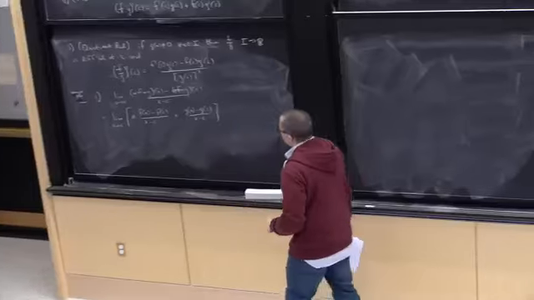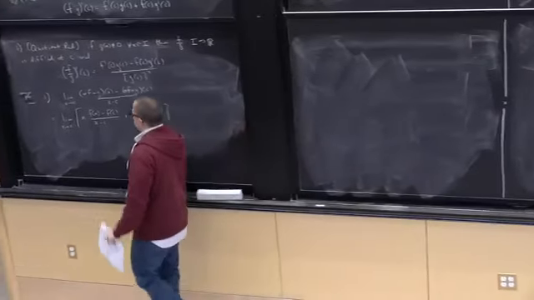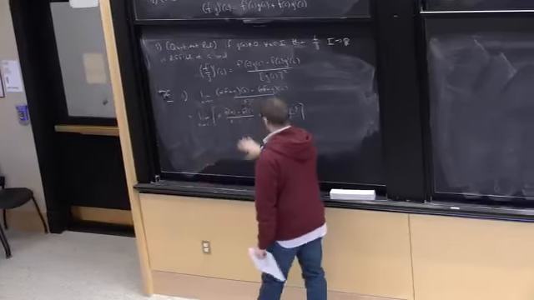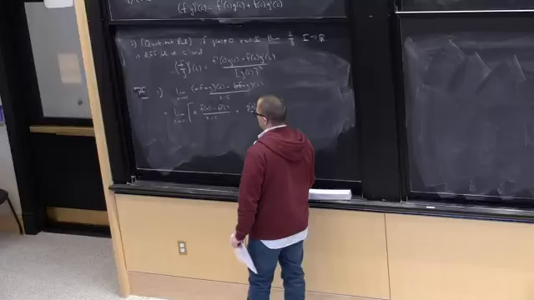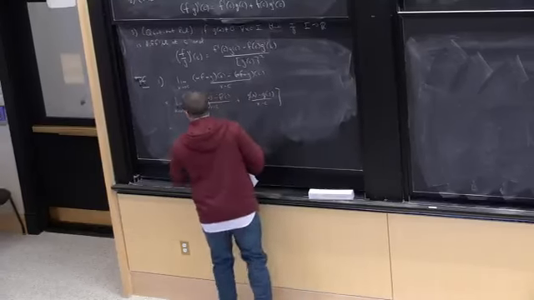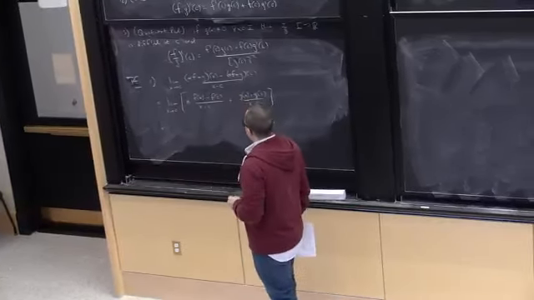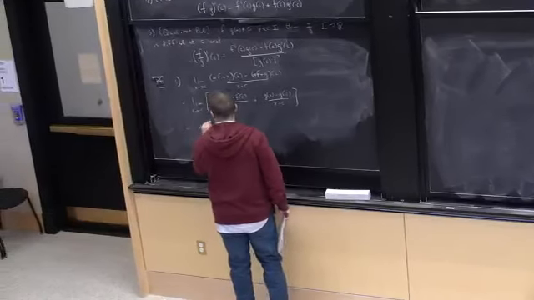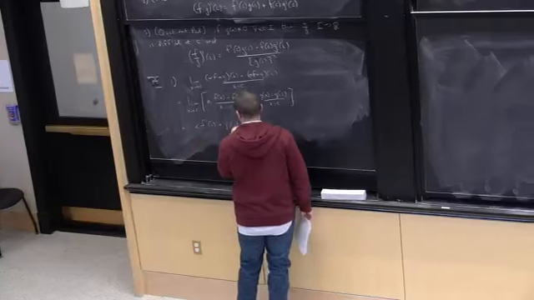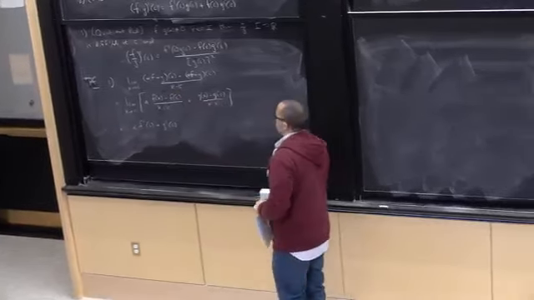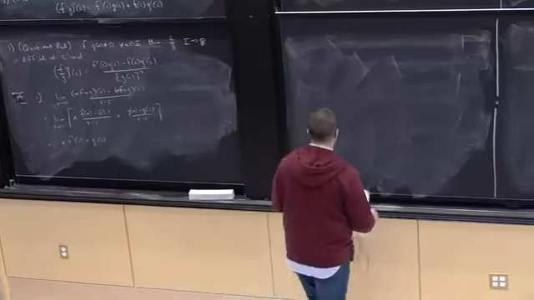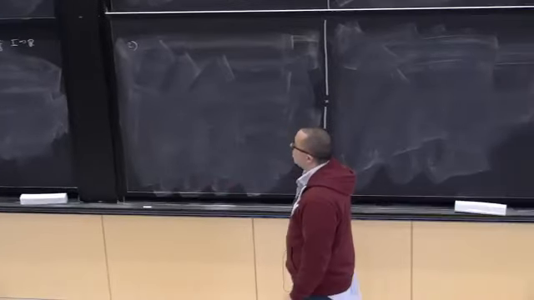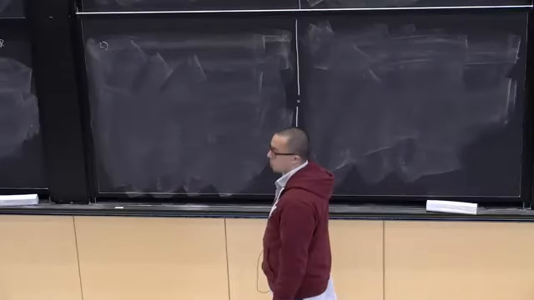And all of these limits exist, so this is just a fixed number. The limit as x goes to c of this exists and this exists. So by what we know about limits, namely that the limit of the sum is the sum of the limits, and then scalars just pull out of the limit, this is equal to alpha times f prime of c plus g prime of c. Okay? So that's a proof of the first one. For the proof of the second one, we'll use the fact that a function which is differentiable at a point is also continuous at a point.